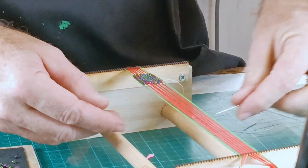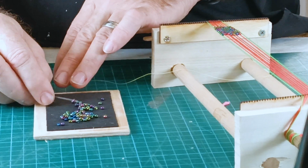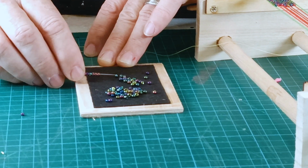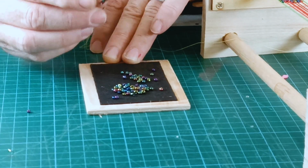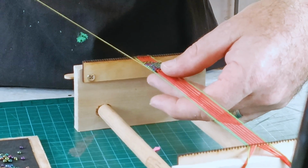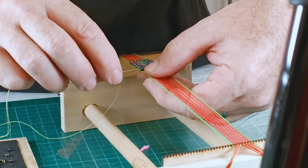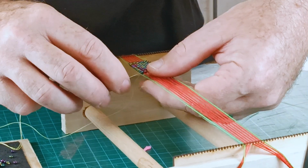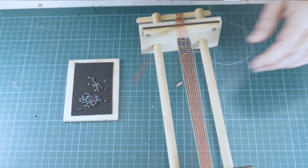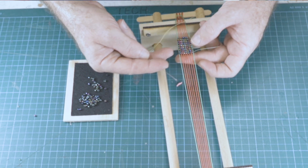For the next layer, I'm going to pass underneath, pick up my beads, 5, 6, and 7. Pass it up through the holes between the threads, pass the needle through. Again, being careful not to actually hook those threads with the needle. There's another row. So you can see that each bead has a thread that goes under this side and back